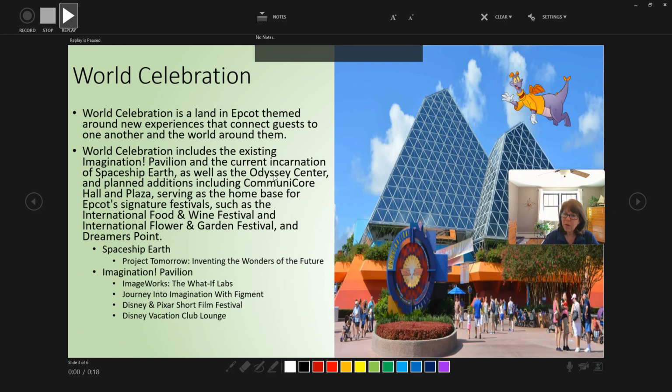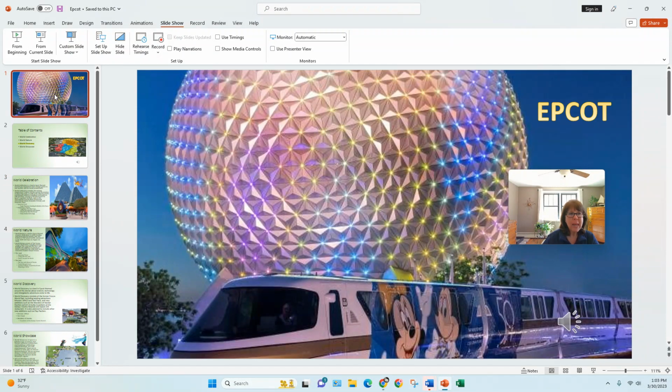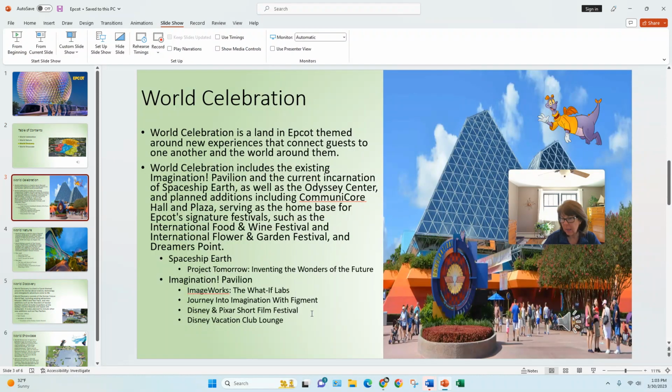And if I want to get out of my recording and go back to my presentation, I can click this X up in the top right corner. And now I'm back in my presentation. Now, since I didn't record my video, I only have the audio icon in the bottom right corner of my slide, indicating that I have a recording present. Okay, and notice I also have it on slide 2 and slide 3, because that's as far as I